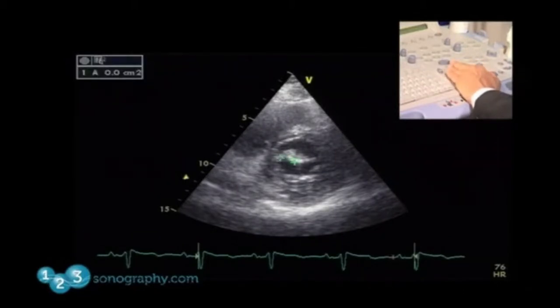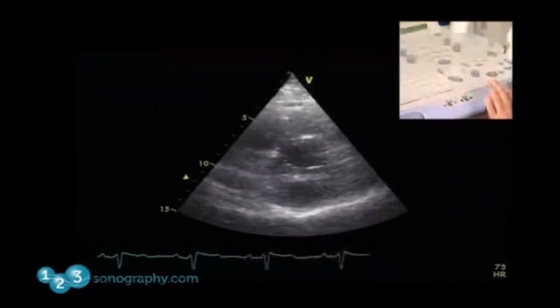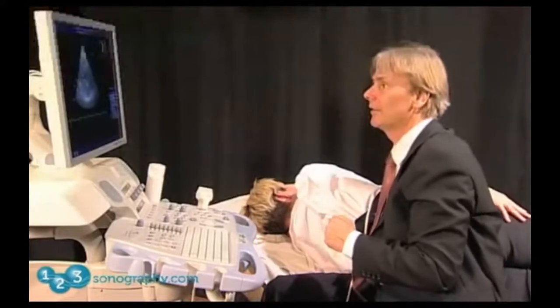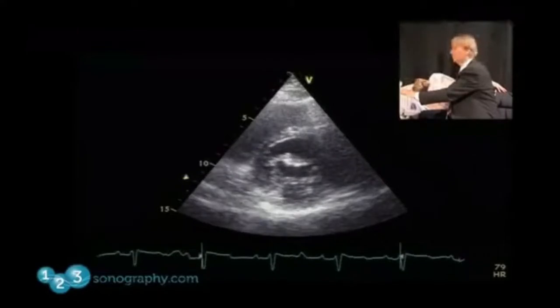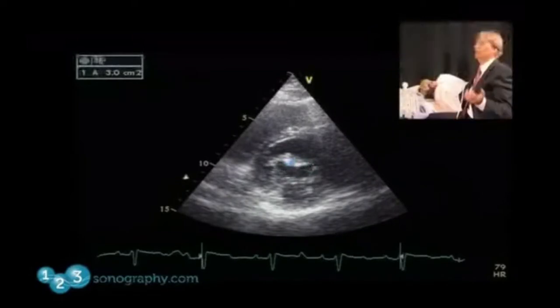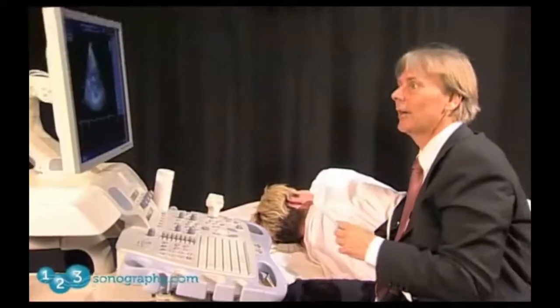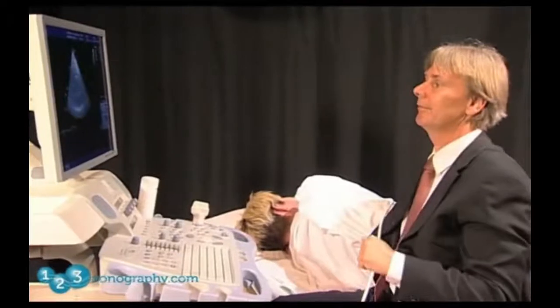So we'll just trace the area here. And we get 2.8 square centimeters, which is almost a normal opening area. So from the planimetry, we do not have the impression that the patient has significant mitral stenosis. We'll just repeat that to be sure that we really have a good value. And you should actually average a few values to really get a good measurement. And 3 square centimeters again,